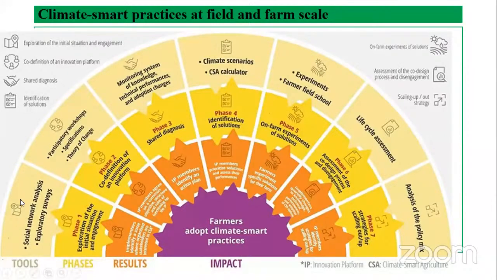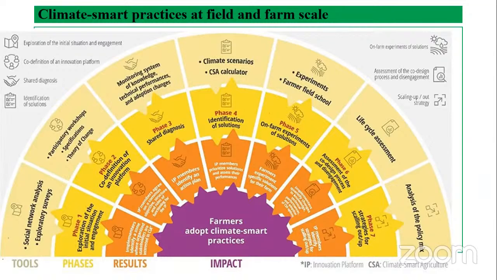Let's see. The first tool that we have is social networking analysis and exploration surveys. This is simply information collection and generation, or we can call it reconnaissance survey and social networking. The second phase is participatory workshops. The information collected from this social networking analysis can be critically analyzed here and specified, and the theory of change will be set. After setting our specific objectives and targets, and after identifying our theory of change,